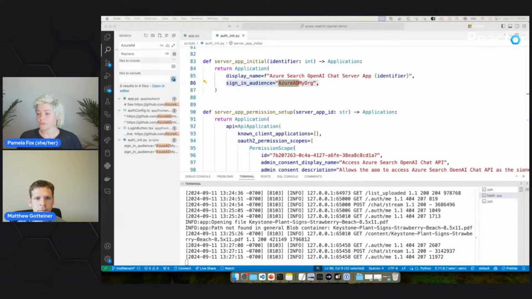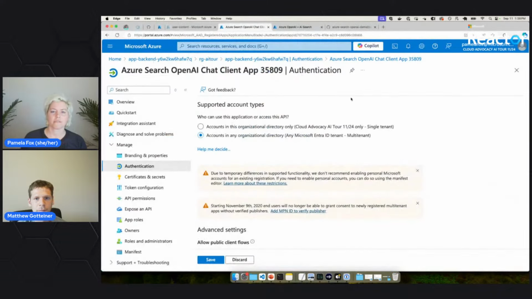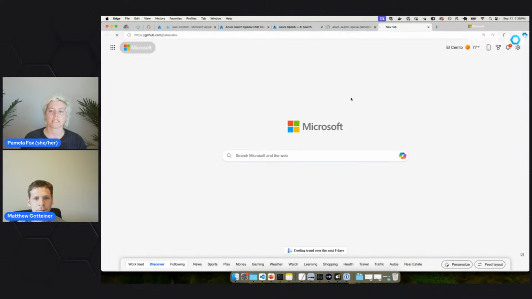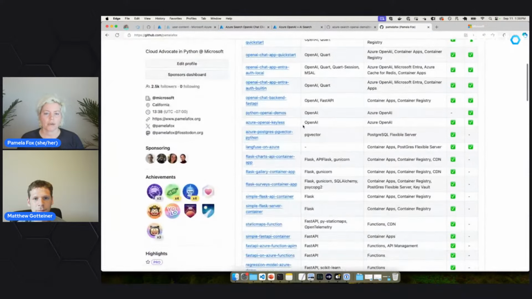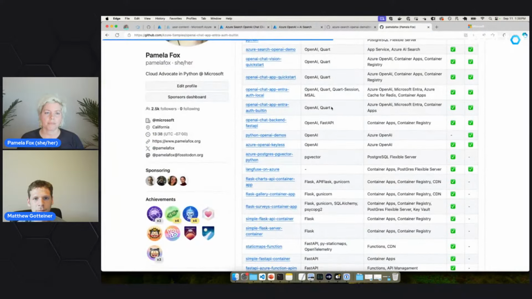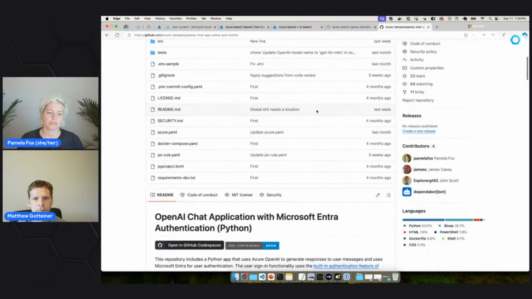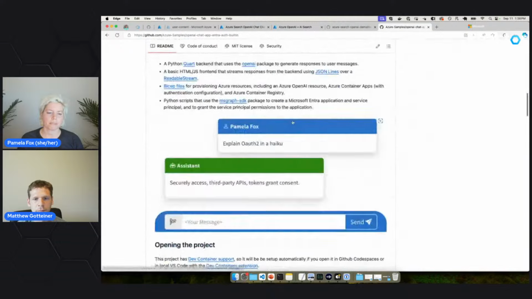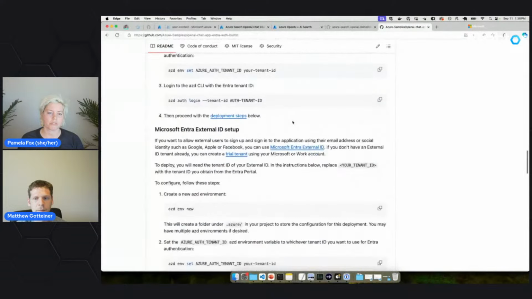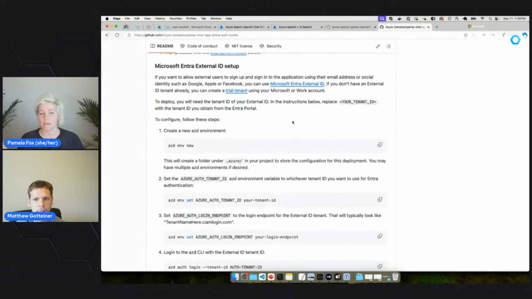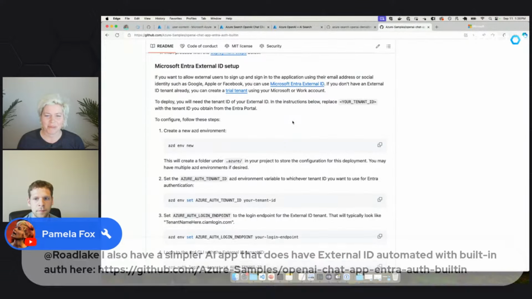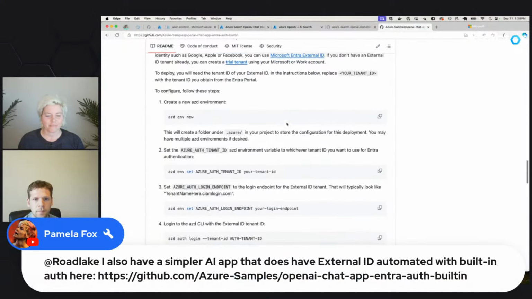If you are interested in external ID, they have a really nice setup for it now. And I shared this in the chat earlier, but we have this template here, which is just a simple AI app, no RAG, but it uses a really similar set of scripts, except that this one can also set up external ID. So I've set this up actually just on my personal account, just to be able to let people sign into my little chat apps.